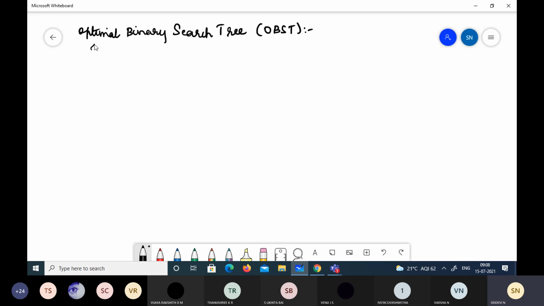So as an example, say we have 4 keys A, B, C, D, and these have the probabilities 0.1, 0.2, 0.4 and 0.3 respectively. In this case, the number of possible binary search trees which contain these keys will be equal to 2n C n by n plus 1.